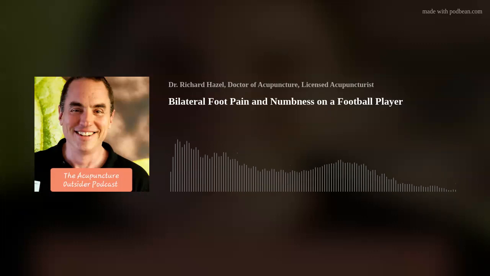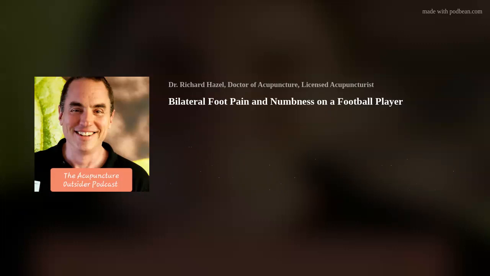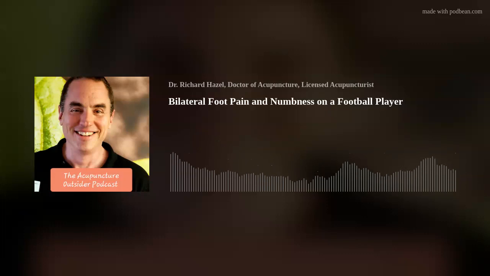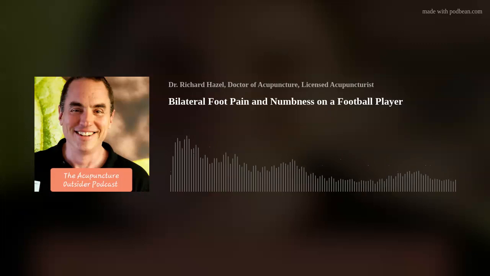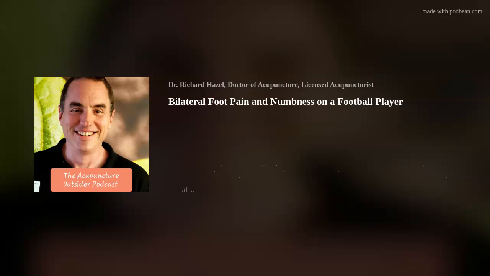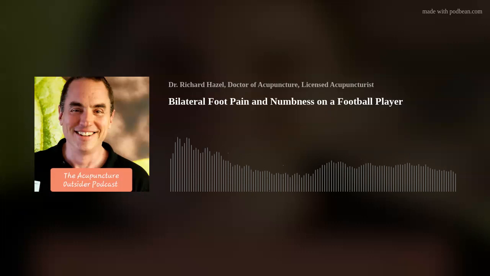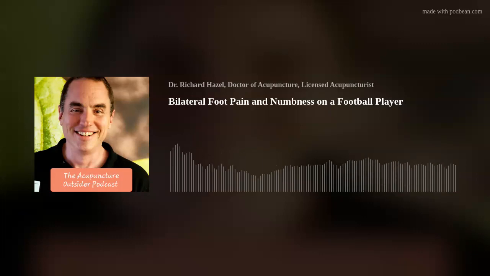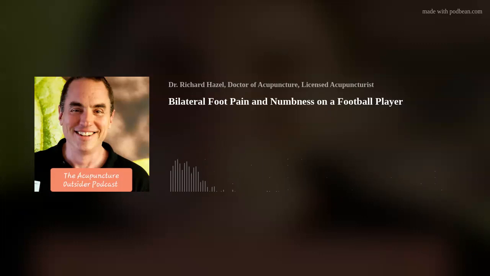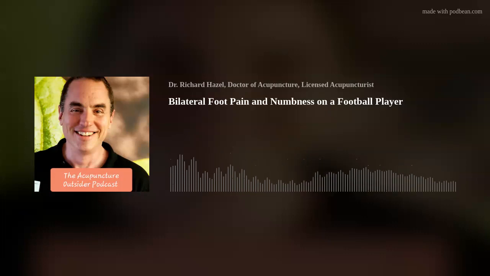So QL, the erectors, hamstrings, gastroc, and soleus got treated. But the real shift in the foot pain, and this player had foot pain coming in, which in some ways is good, because you get a better sense of whether your treatment was on the right track, came when I treated him while he was able to lie on his back, face up.